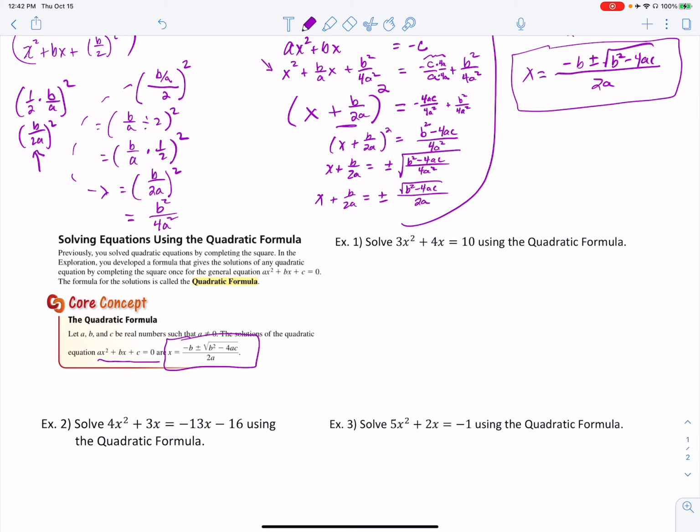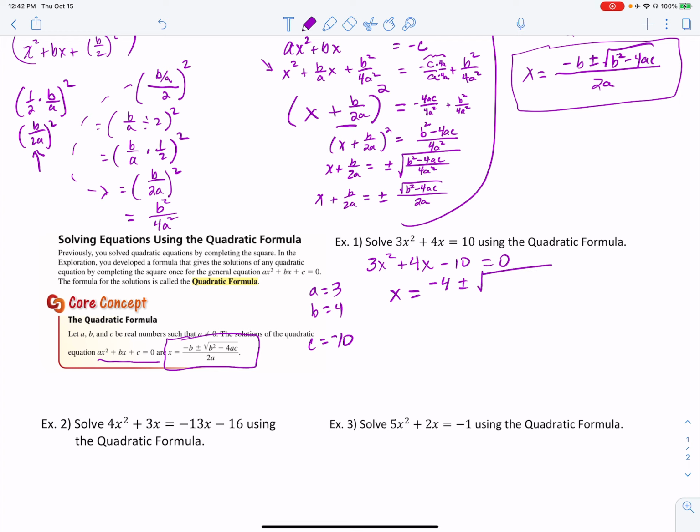So the first thing in example 1 I'm going to do is get it set equal to 0. I like to keep my x term positive, so I'm going to just subtract 10 over. And then identify a is 3, b is 4, and c is a negative 10, just so that I can plug those in. And so the formula says it is x equals, and you need the x equals. We're finding the roots, the zeros, the solutions to this, and so they are x values that are going to make this equation true. The opposite of b, which is a negative 4, plus or minus the square root of